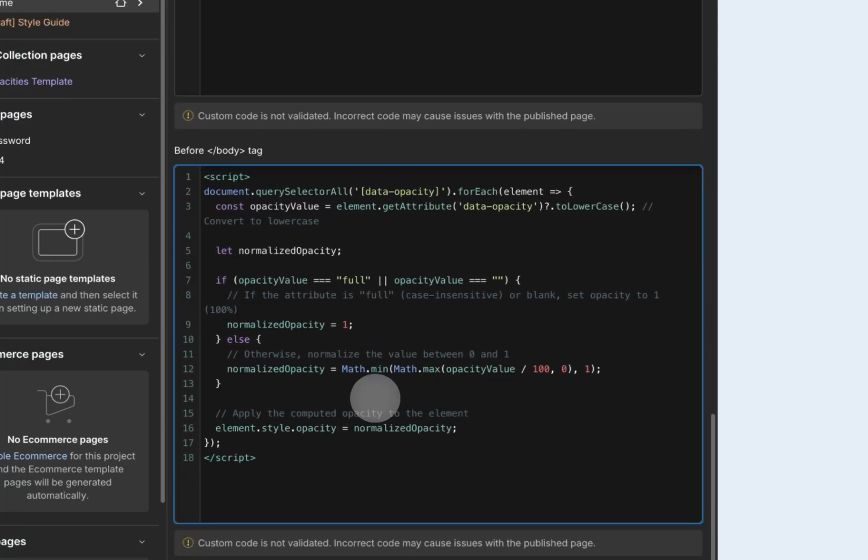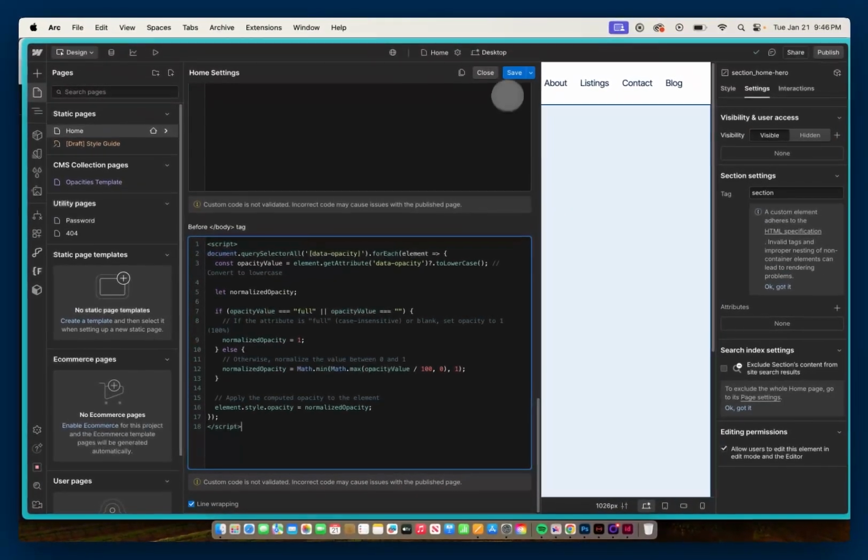And basically what this is going to do is find the opacity that we added for the data attribute and apply that to our CMS item. In addition, if the user types in full and it's not case sensitive, they can type all caps, they can have the capital F, lowercase ull. As long as full is in there, it will have full opacity, or if any value is specified, it will have that specific opacity. So I'm going to save and close,